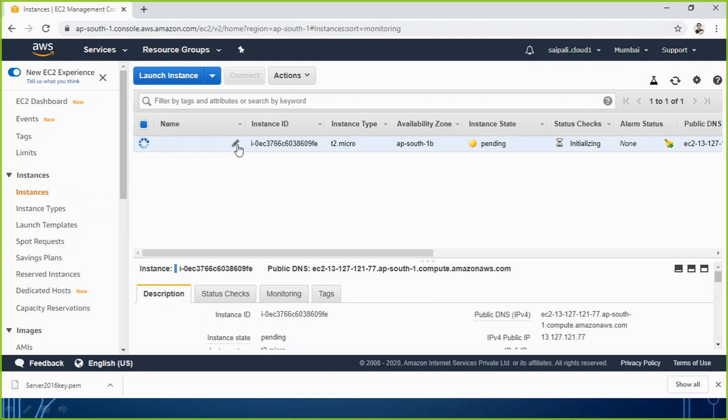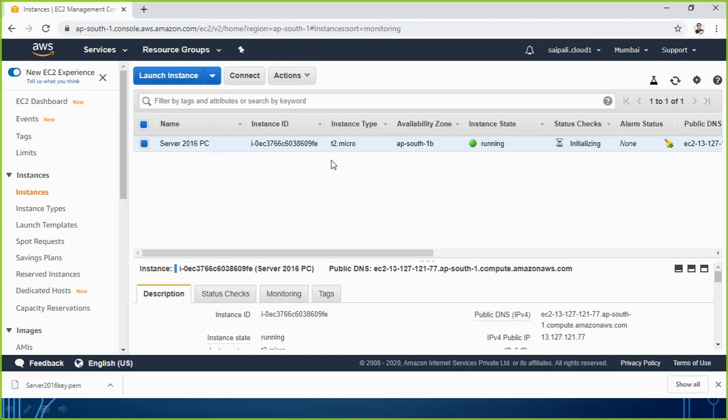Meanwhile, I can give a name to this machine because I have used the Windows Server 2016 AMI. So let me give the name Server 2016 PC, something like that. So that is the name I have given this machine.